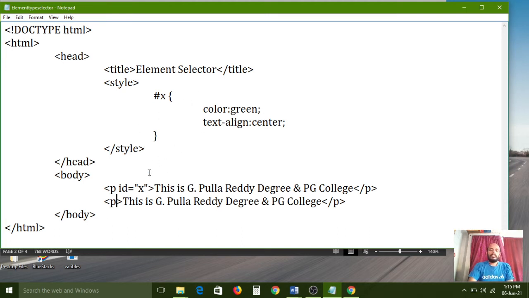Nothing but, in the complete web page, if you want to show some text in a unique way, for that we can use the ID attribute. To assign the CSS properties, we use the ID attribute like this. And if you use ID equal to X with the same properties I have given here, then if you want to maintain it for two elements also, it is very useful. Understand?